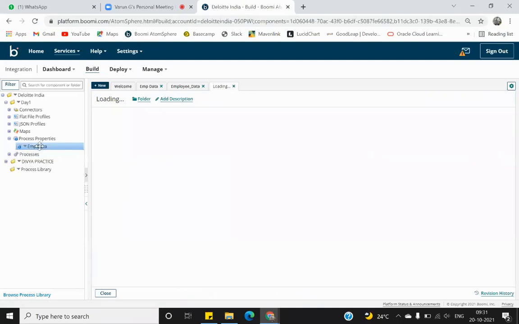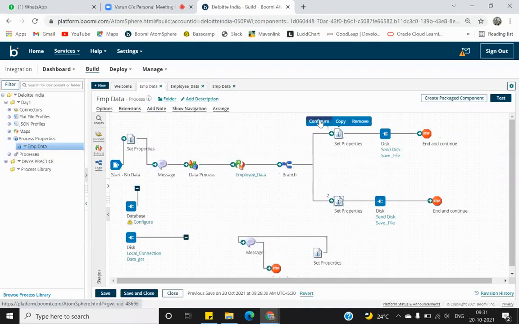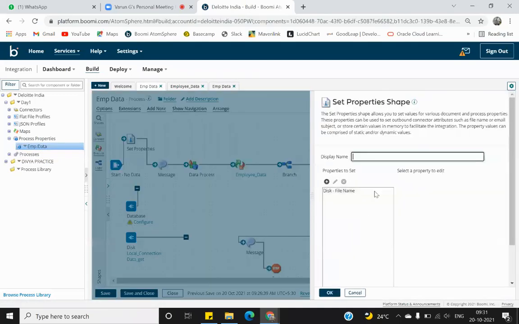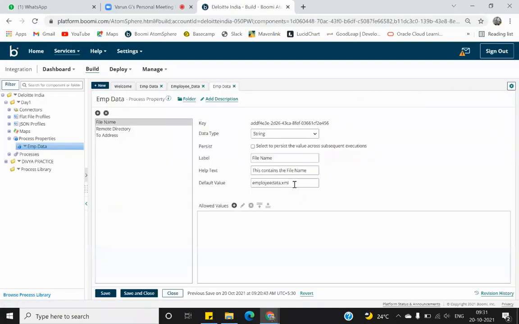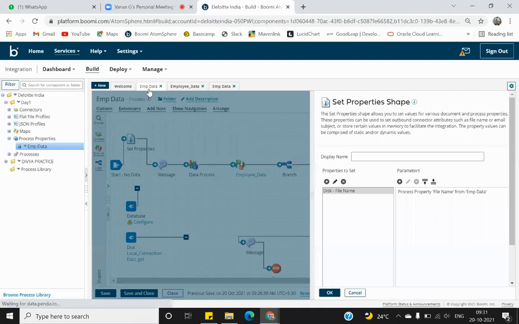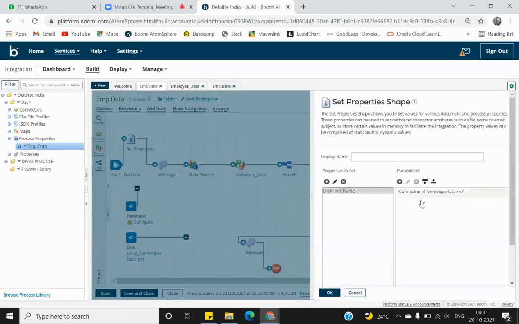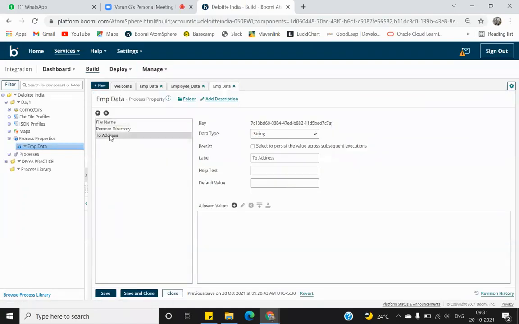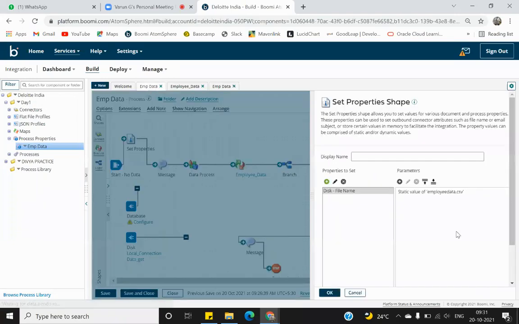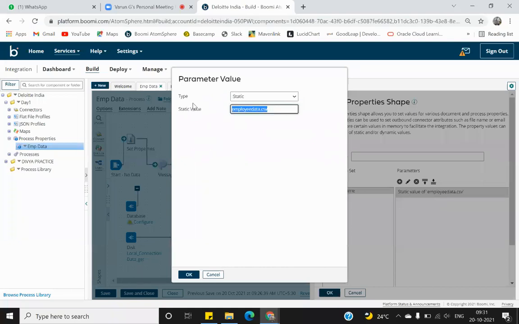Suppose I have this process property, and I have these two paths. One says file name employee data dot xml, another says file name that has static value. What I do is I add file name 2 here, and I say that I want this value to be at file name 2.